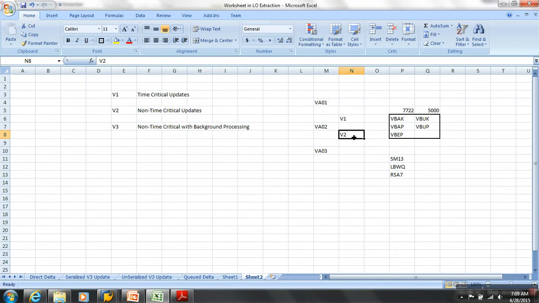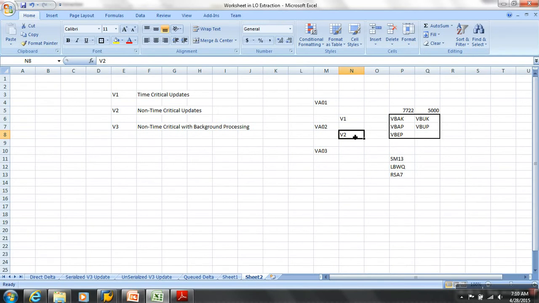So when you click save, it does the time critical updating V1 and then says the document has been saved. It doesn't worry about V2. Later it triggers V2, which is non-time critical updating, and then updates the queues. The updates which are very important for the business, it does as part of what? V1. Non-important updates it does as part of what? V2. It will have those events in the programming. It will have two events, the V1 event and the V2 event.